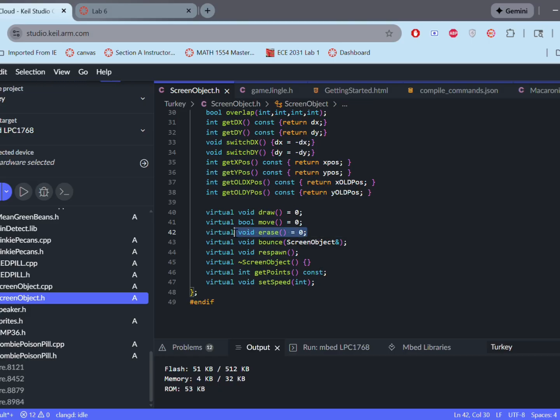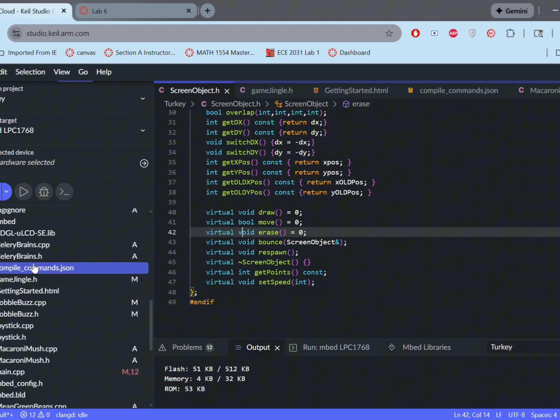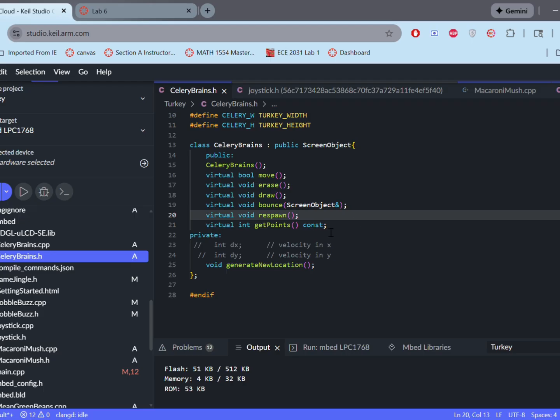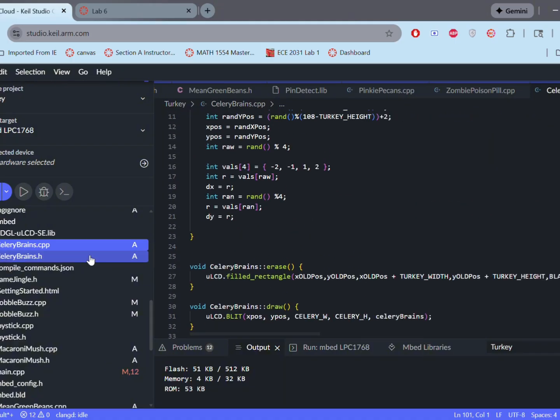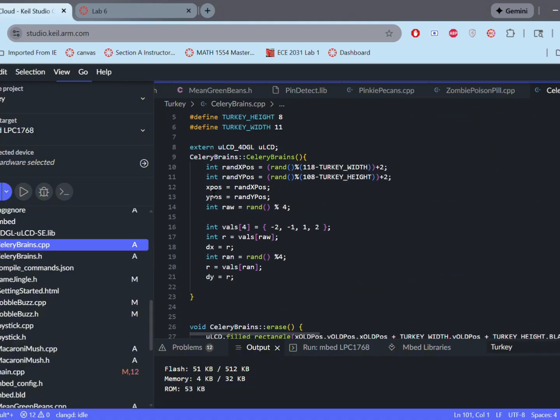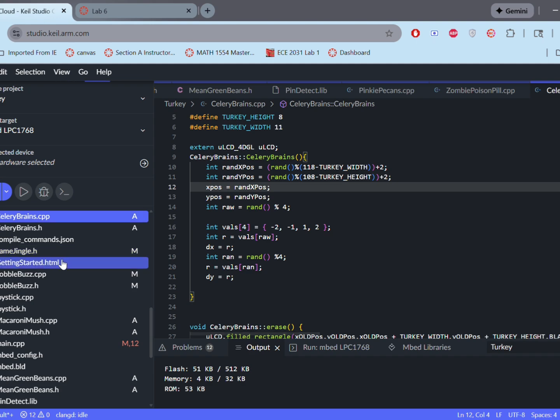And so these are pure virtual functions, which means they won't ever be called through screenObject directly. And so we can take a look at one of our derived classes, Celery Brains. Right here, we only need to include the virtual functions, and then the implementation for those. As you can see here, it uses XPOS, which is a protected variable in the screenObject class, so it has access to those